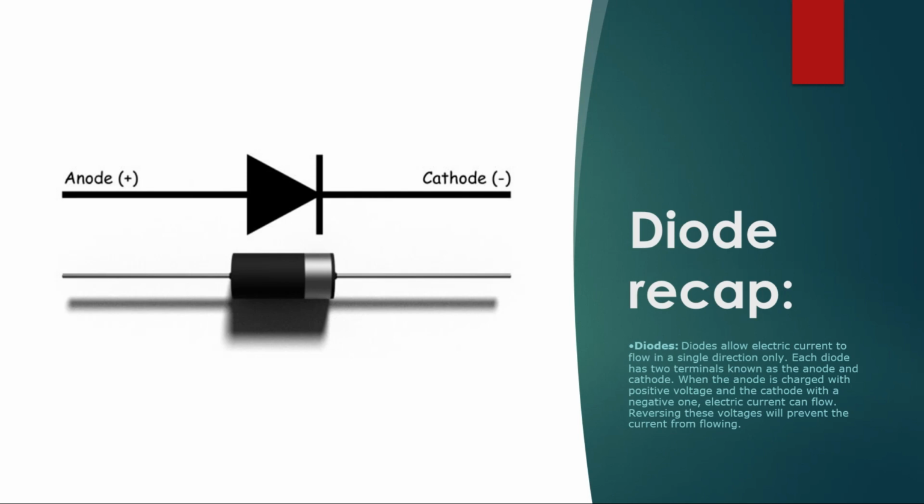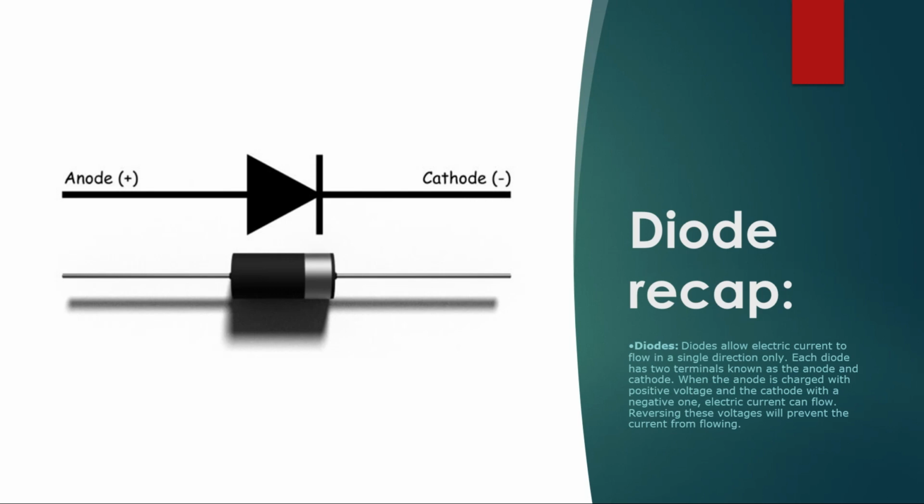So we require a diode. Diode is the basic element required to construct the rectifier. About diodes we have discussed earlier in previous sessions. This is the symbol of a diode, a triangle followed by a bar, and at the bottom you can see the actual diode. In this session we are also going to demonstrate the practical diode and how it works in forward bias and reverse bias. So these are the diodes.